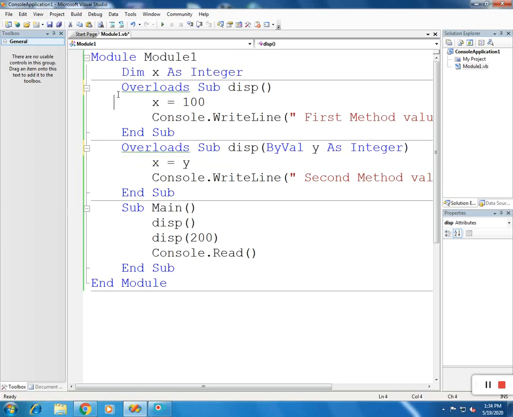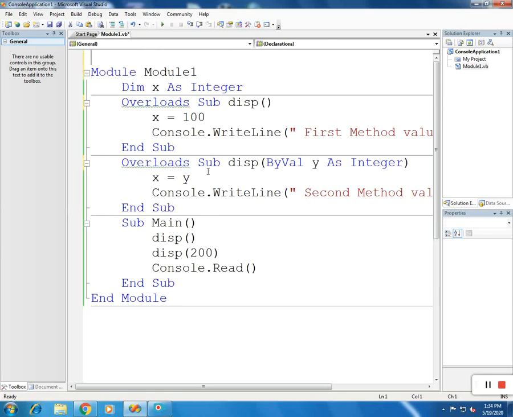Inappropriate use of Overloads keyword in a module. That means you cannot use this Overloads keyword within a module. Then what to do?